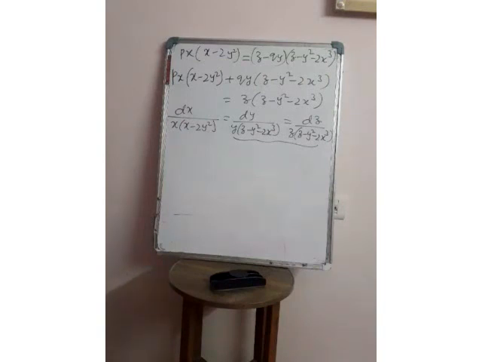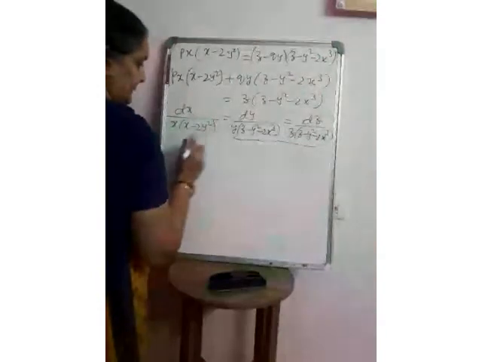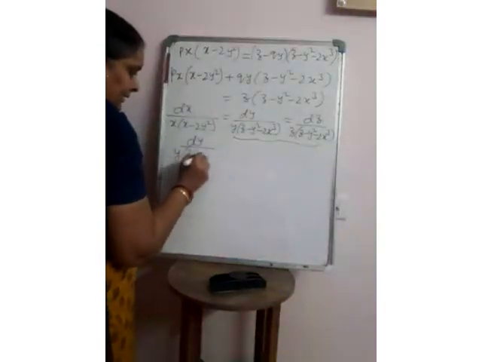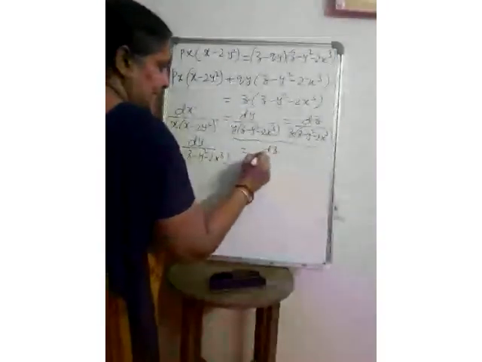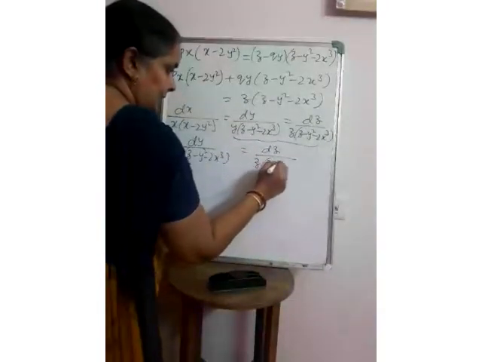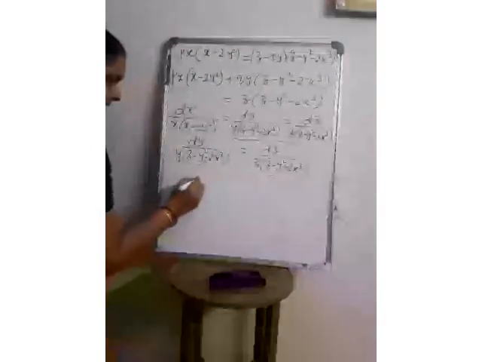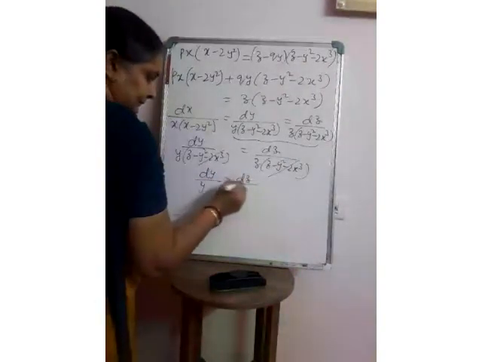So we will take the combination of dy and dz. In this you can observe that this term is common for dy and dz, so I will cancel that term. dy by y into (z minus y square minus 2x cube) is equal to dz by z into (z minus y square minus 2x cube). This complete term will get cancelled. We are left over with dy by y is equal to dz by z.